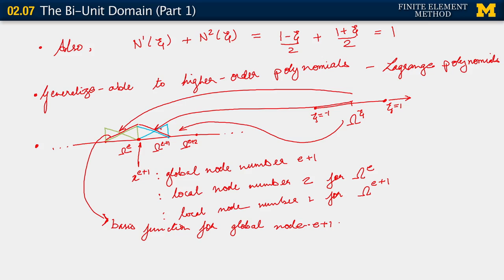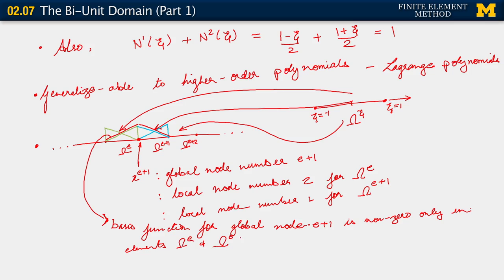Observe that the basis function corresponding to global node E plus 1 has a very local sort of sphere of influence. It is non-zero only on the elements that are immediately adjoining global node number E plus 1. So the basis function for global node E plus 1 is non-zero only in elements omega E and